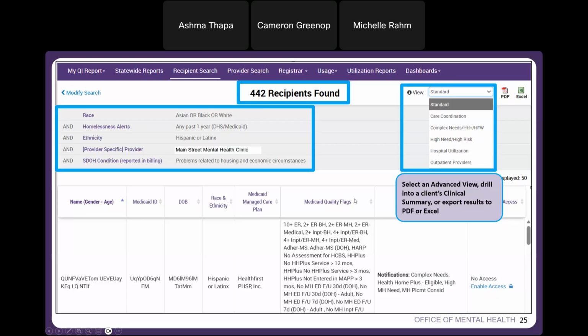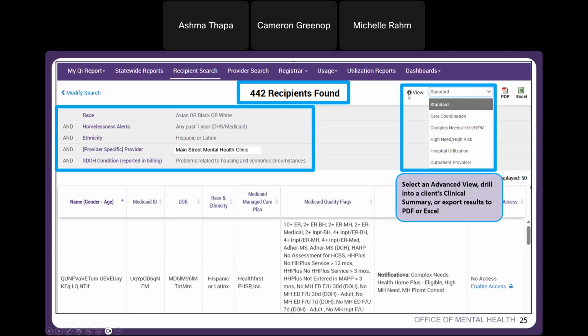Another thing that I wanted to mention is that all these columns, we call our standard view. When you go to this option located on the top right corner, you have different views that you can select from.